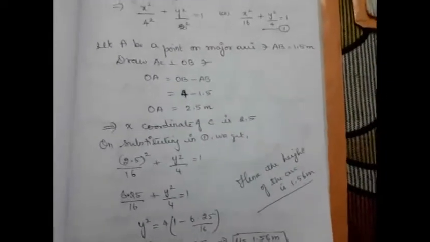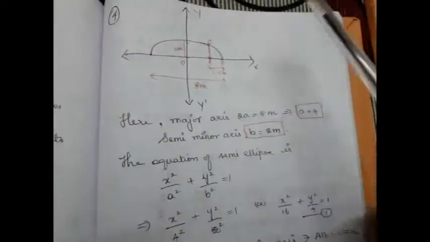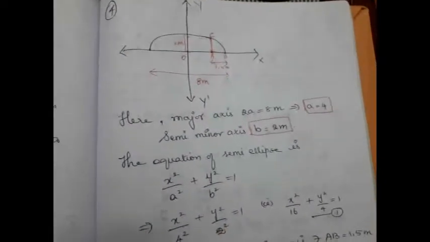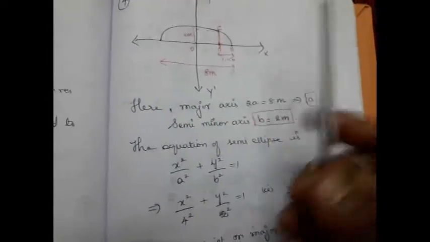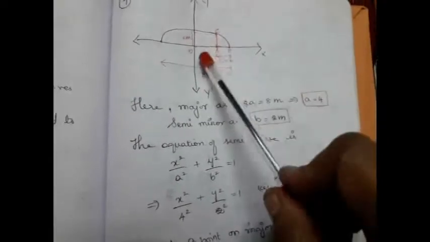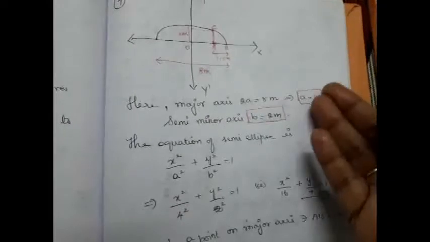That y value is the height of the arc at a point which is 1.5 meter away from the one end. Yes, the problems which we solved are all of the same kind. What is the procedure we followed here? First, we identified the standard equation of the conic section, whether it is a parabola, ellipse or hyperbola. Then, we identified the coordinates of a point on the conic section. Then, we substituted that point to get the unknown value, if any. Then we found one coordinate, x or y, of another point, and at the end we found the corresponding value of y or x.